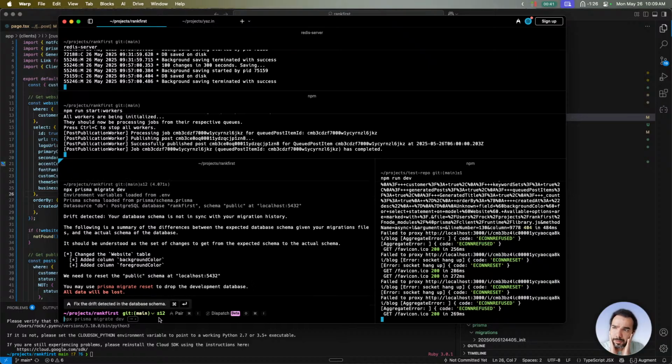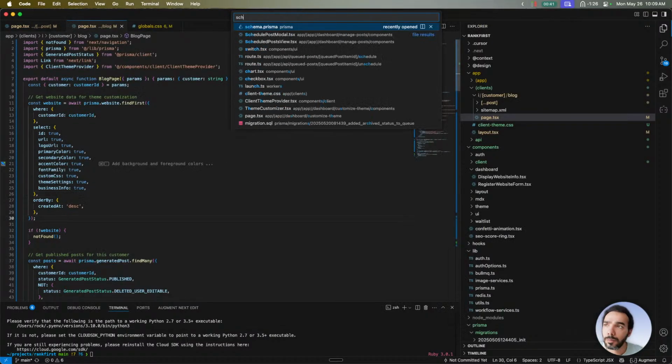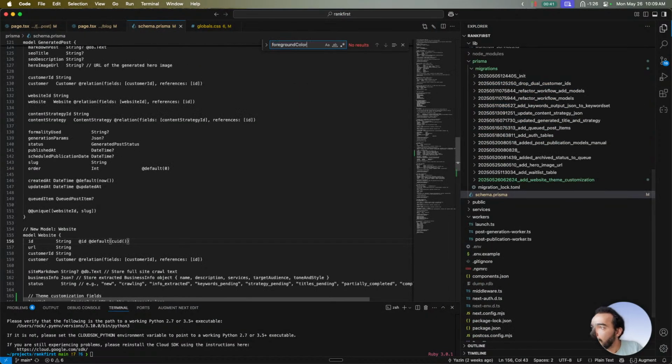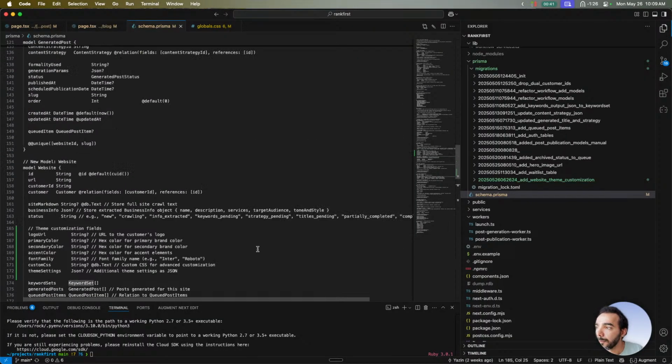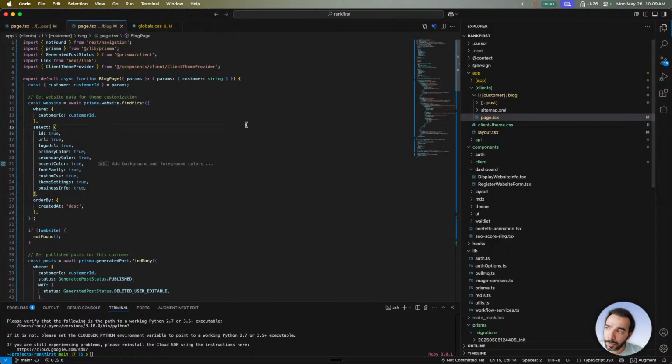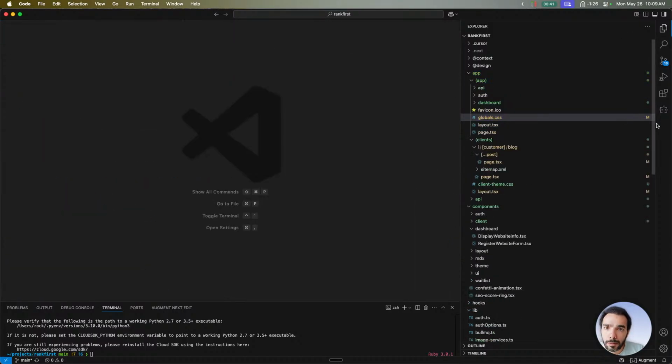Okay. Change the website table, added column, background, and then foreground. We need to reset. Oh man, I hate dealing with this stuff. Okay. How about we ignore it and then just start a new chat, and this time just tell it,